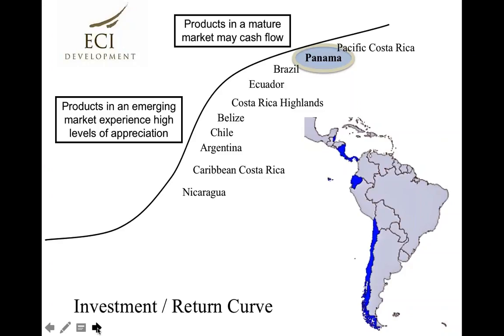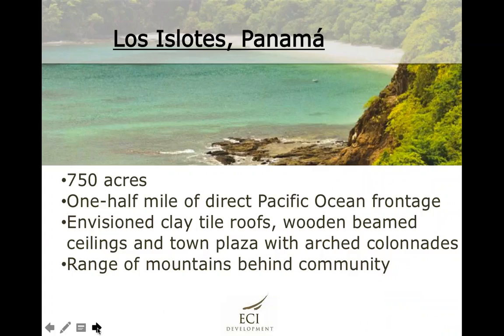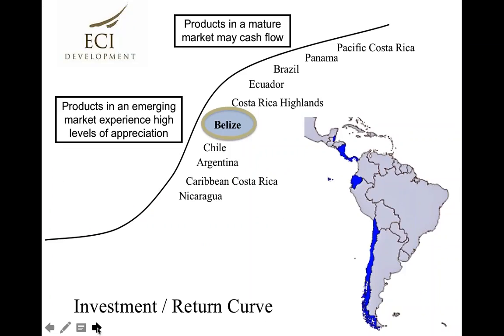And then now we'll get into Panama. So this location, Los Islotes, it's still in that construction phase, but it's set to be a private gated residential community on the west coast of the Azuero Peninsula in Panama, and it has a half-mile beachfront property. Its pre-sales are underway, and again, we'll have a plethora of amenities, a boutique hotel, construction on the first home and founder's lodge. It's nearly complete, and we'll keep you in the loop with more details about this location.